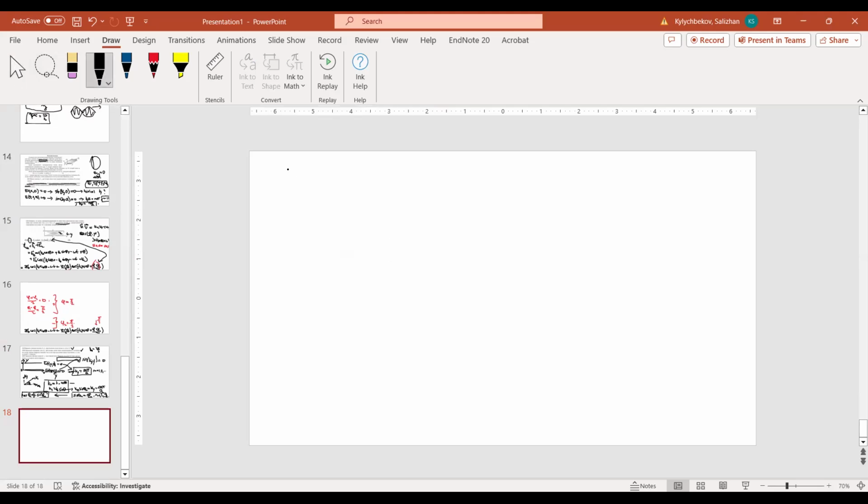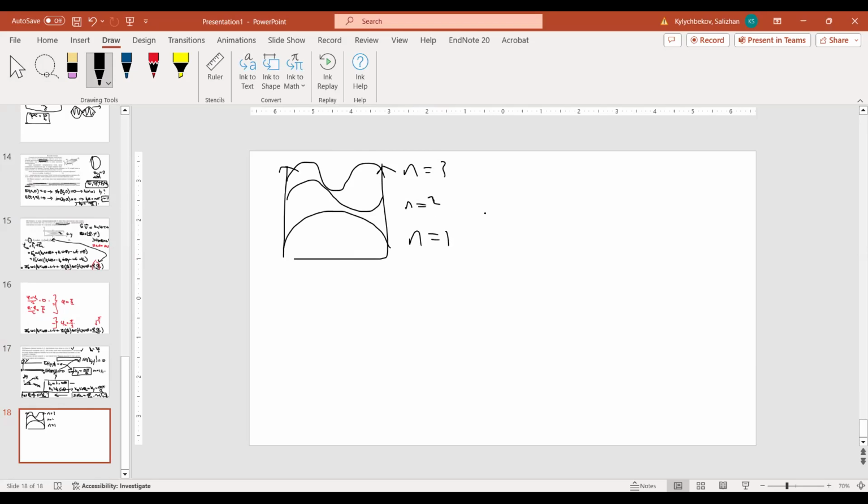If you remember, particle in a box: first one, second one, third one, n equals 3, n equals 2, n equals 1. It's very similar. In our case, we are restricted in y. This is a, this is 0, this is y. And our electric field is